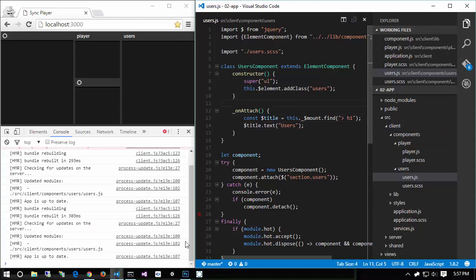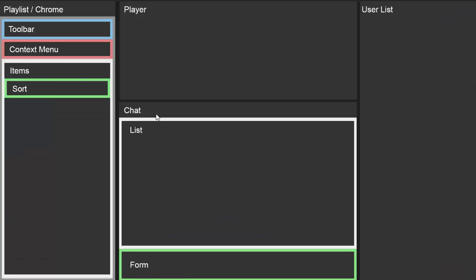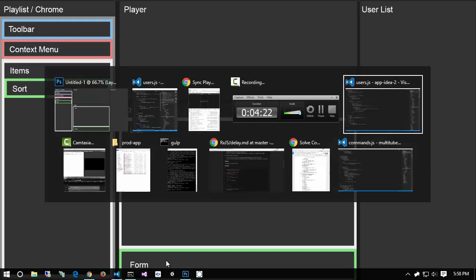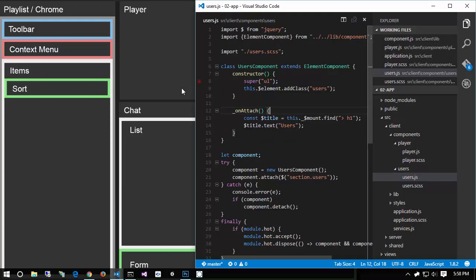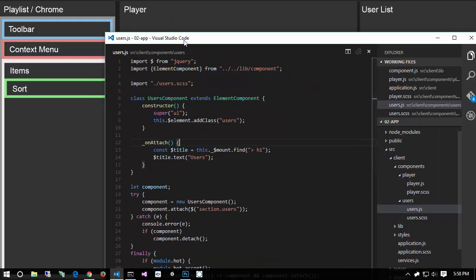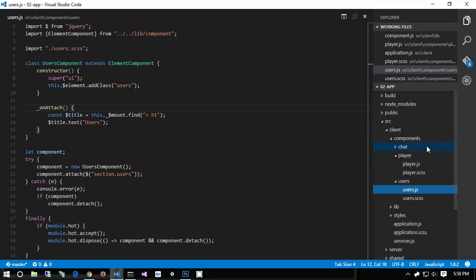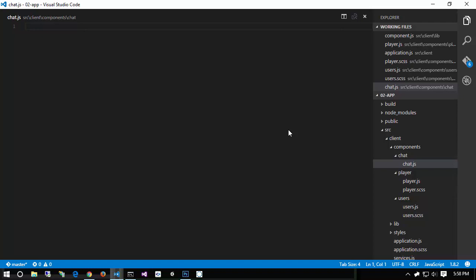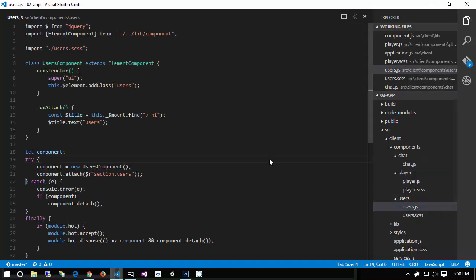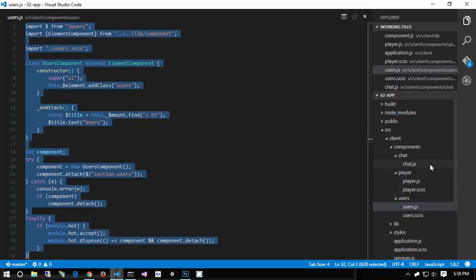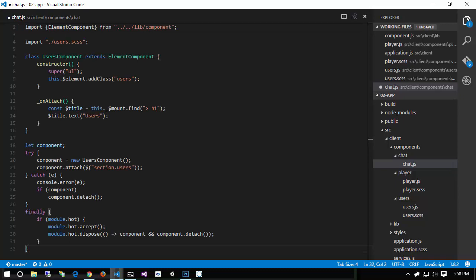Let's do our chat next. Our chat's going to be a little bit more interesting. So our chat is going to have two subcomponents, a list and a form. So let's go ahead and jump over here, and let's create our chat component. So coming into the components, we'll create a new folder called chat. We'll create a new file under that called chat.js. And you know what? I am going to copy and paste this time. I'm going to copy users and dump it into chat,